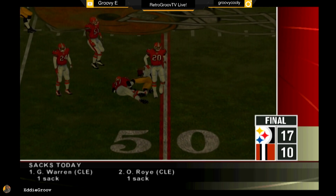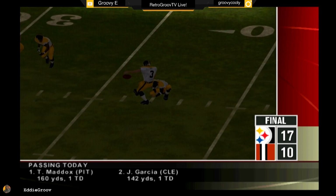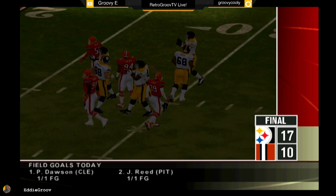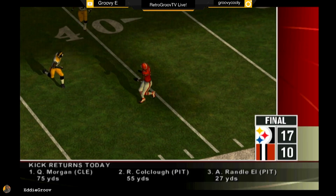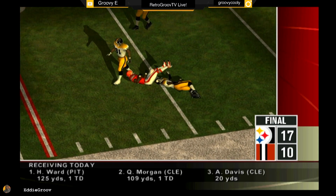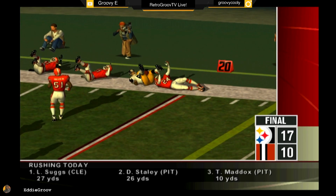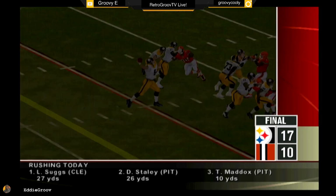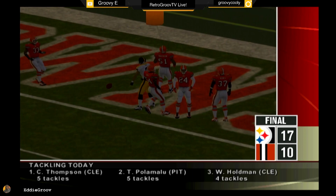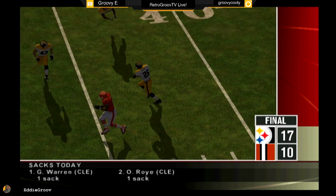Tommy Maddox would find his target on this one. On 3 plays, Jeff Reed sets up for a long one here. He's got plenty of oomph behind this one. It's through. Connect on the field goal. Browns out in front by 7. Jeff Garcia connected with his man on this one. Tommy Maddox would find his target on this one. Steelers down 10-3. Tommy Maddox connected with his man on this one. A 14-yard touchdown for the Steelers. The Steelers tie it up 10-all. The Browns